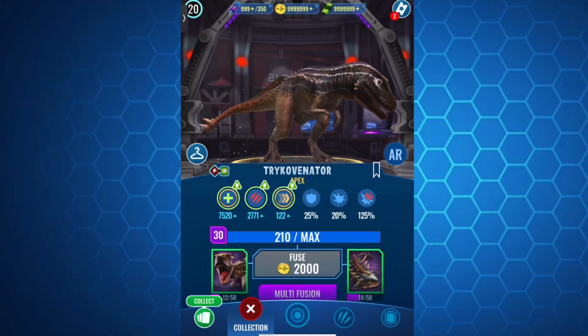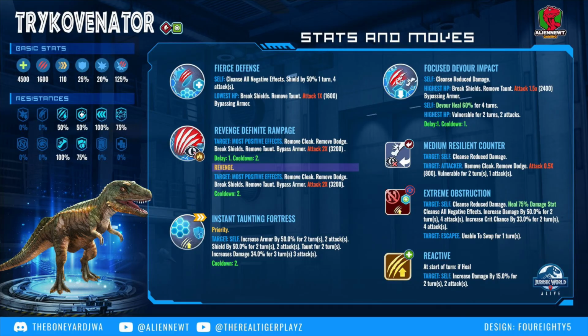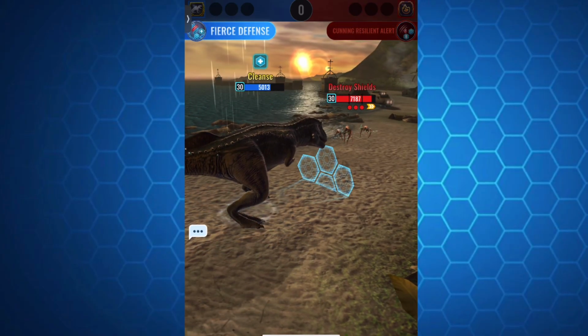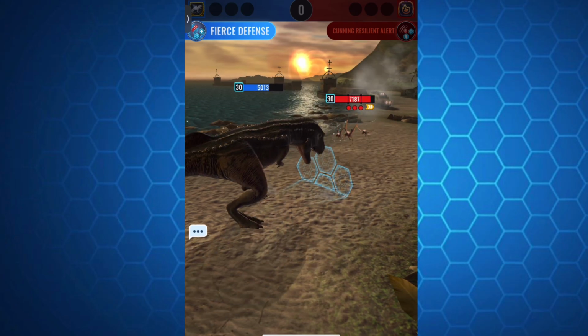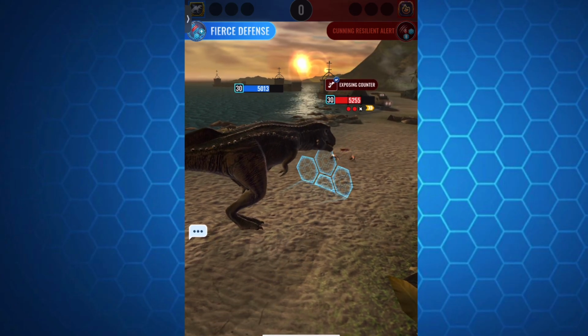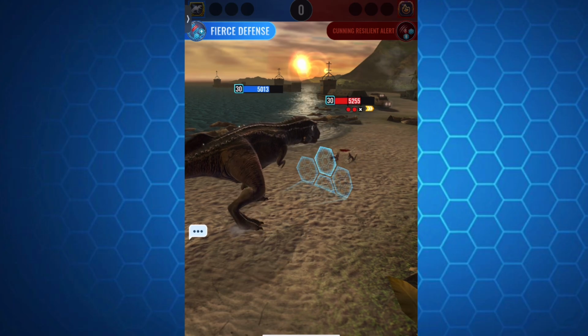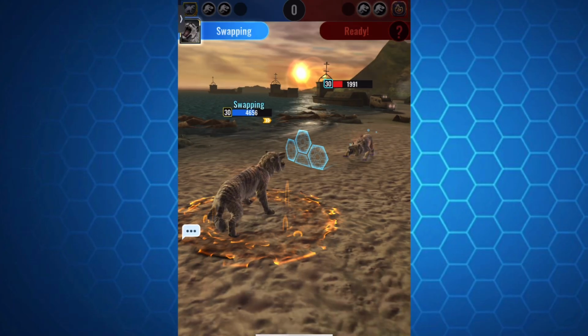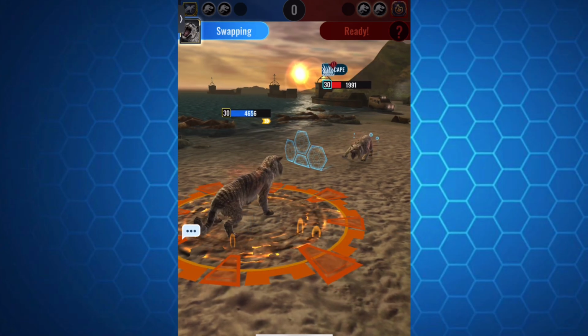Starting this list off at number 10 is Trykovenator with 4,500 HP, 1,600 attack, 110 speed, 25% armor, and 20% crit. This creature has been slowly on the rise and in a way got an indirect buff. Now, what made it hit the number 10? Well, previously, it did very well against things like Megalocevia, Sah Panthera, Rajadorixis, Compsovenator even, and Cerastegotops if it didn't get stunned. However, what solidified its placement on number 10 was the introduction to Alankydactylus, currently debated as one of, if not the best current creatures in the game,